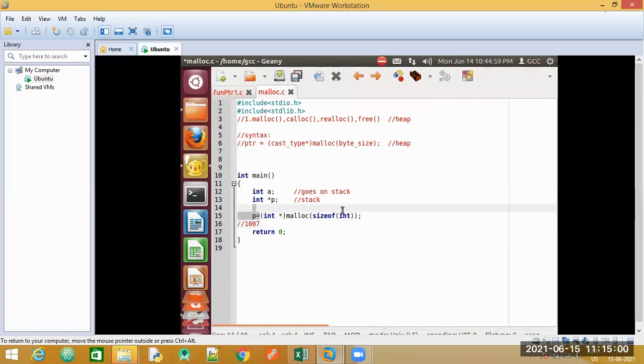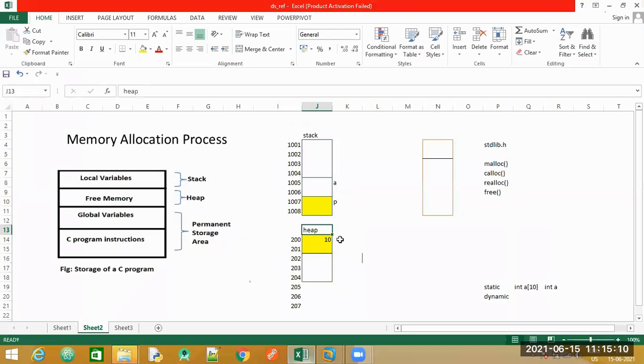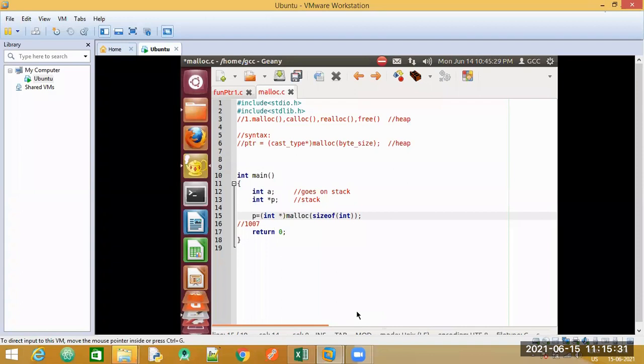Now we have come up to this statement here. Okay, this malloc function is dynamic memory allocation. So that will require a memory space on the heap. Let me write here malloc only so that you people can understand. This malloc function has also taken up a memory space on the heap, and its starting address is 200. Okay, if you have a look at this statement now, since you have covered the concepts of pointers, you can see that P is a pointer which is pointing to this malloc function.